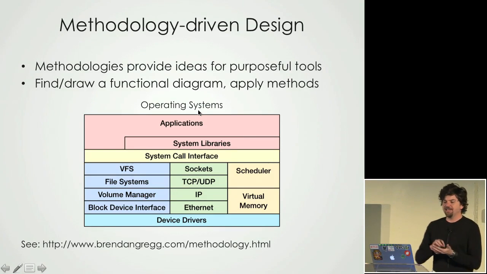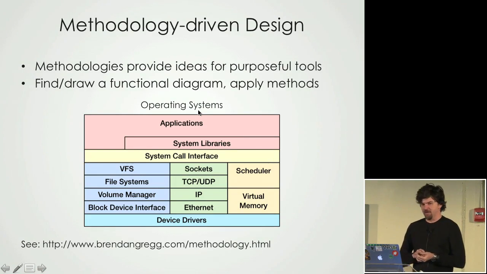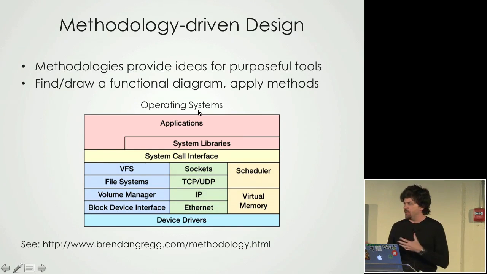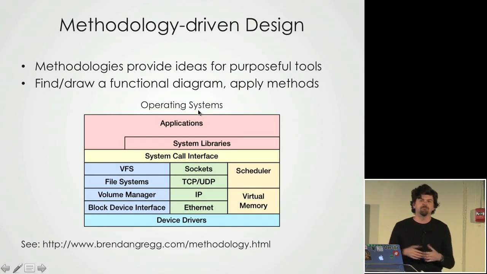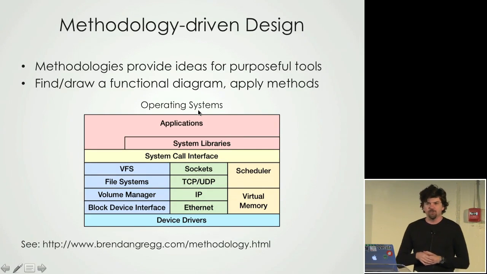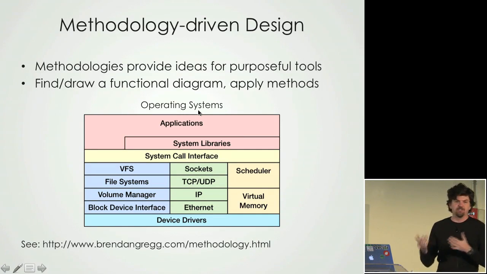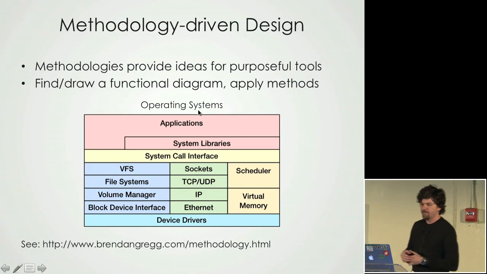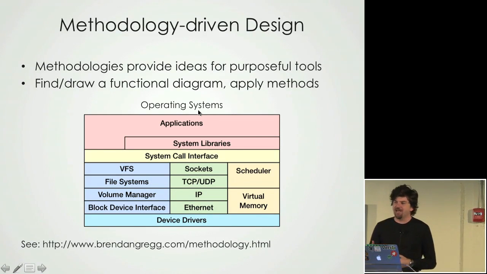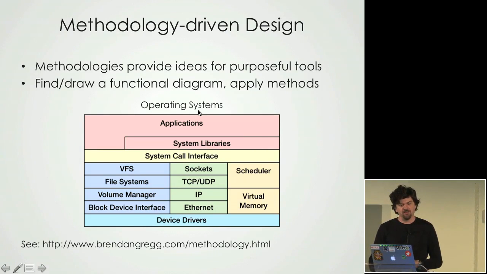For methodologies, I like to start with a functional diagram, a block diagram of the system. I've got one here that shows the kernel and application, so a classical operating systems block diagram, but you may have one for the internals of your application, your distributed system. Then based on the functional diagram, I can apply methodologies. To give you an idea of how this works,